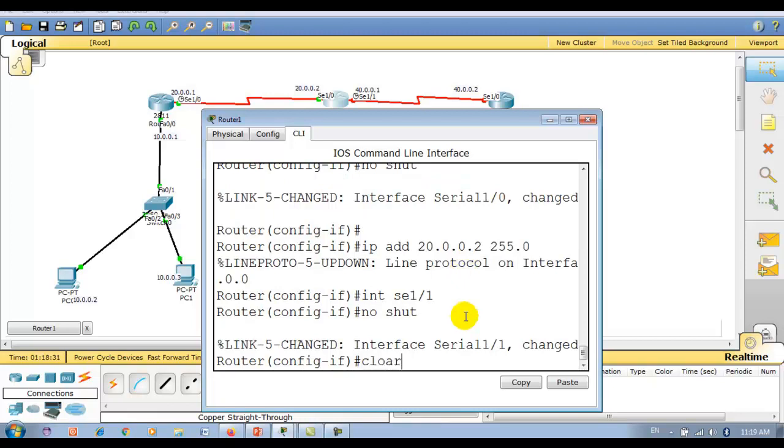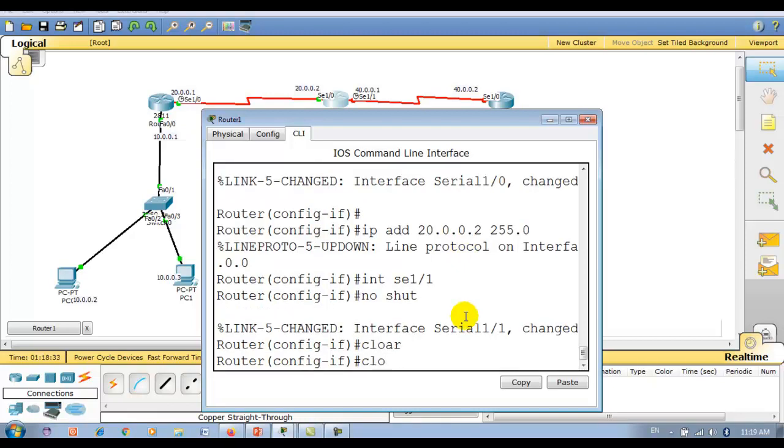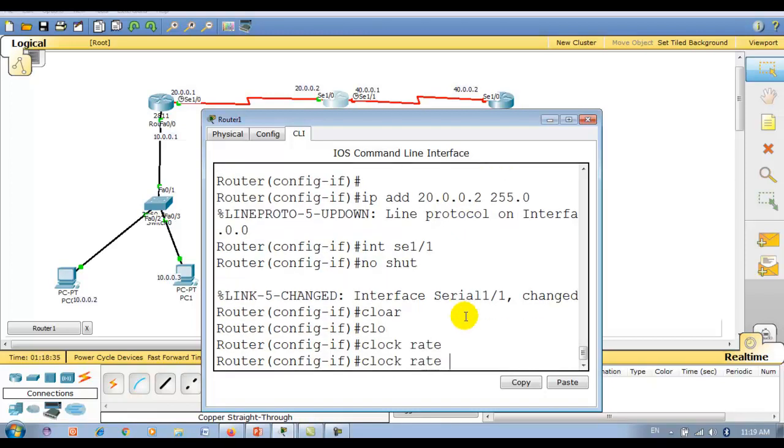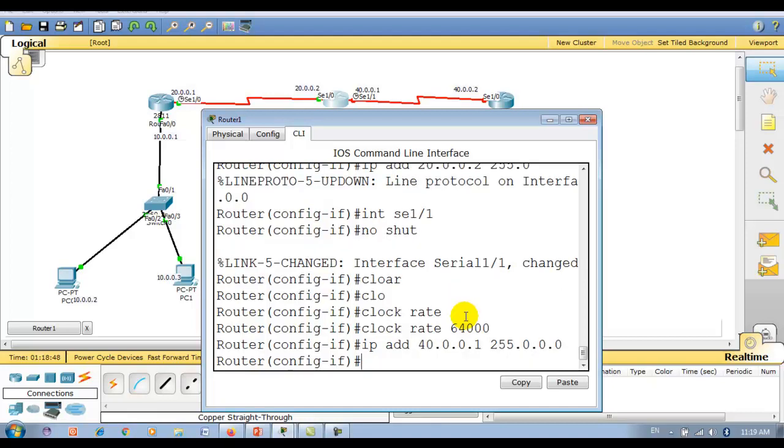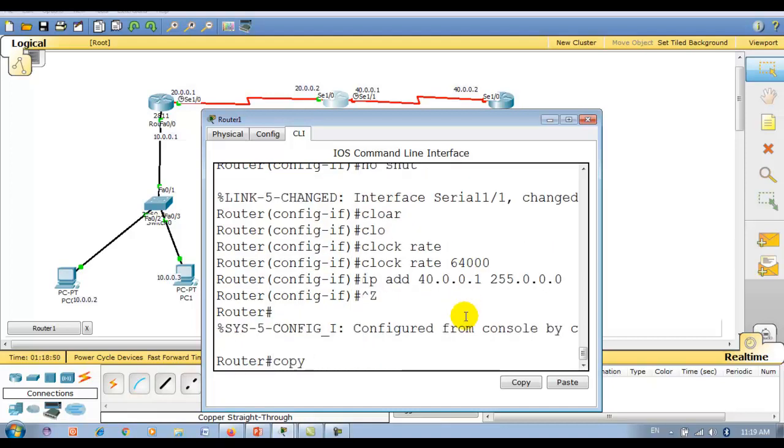This is the master side of the other network, so we need to give the clock rate. Then IP address 40.0.0.1, 255.0.0.0. Control Z, copy run start.